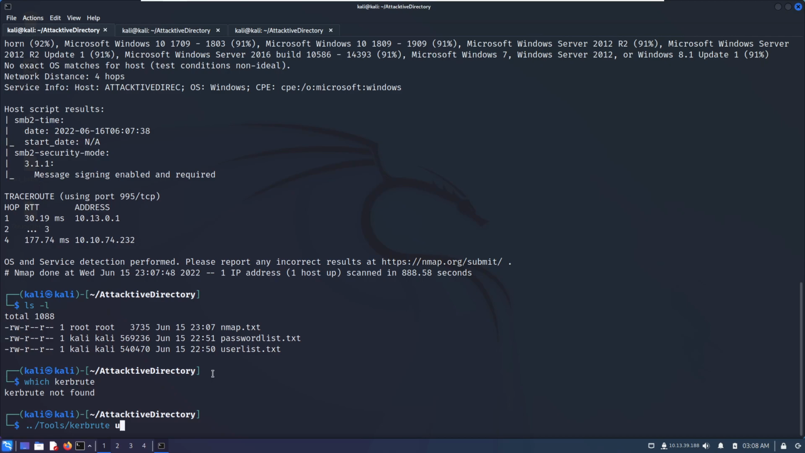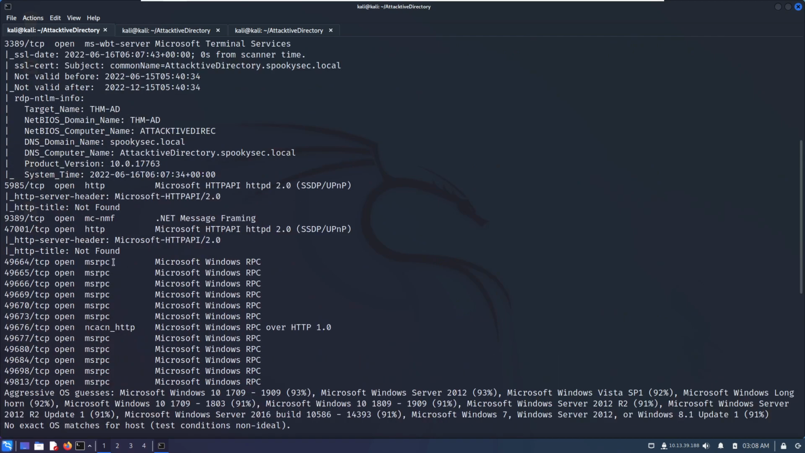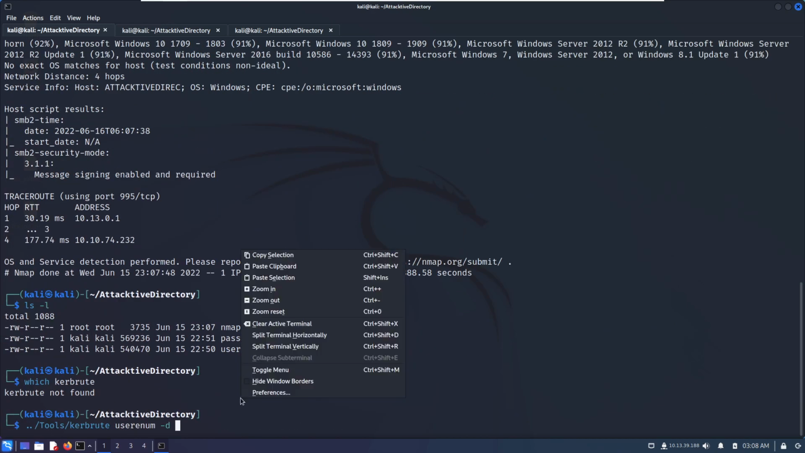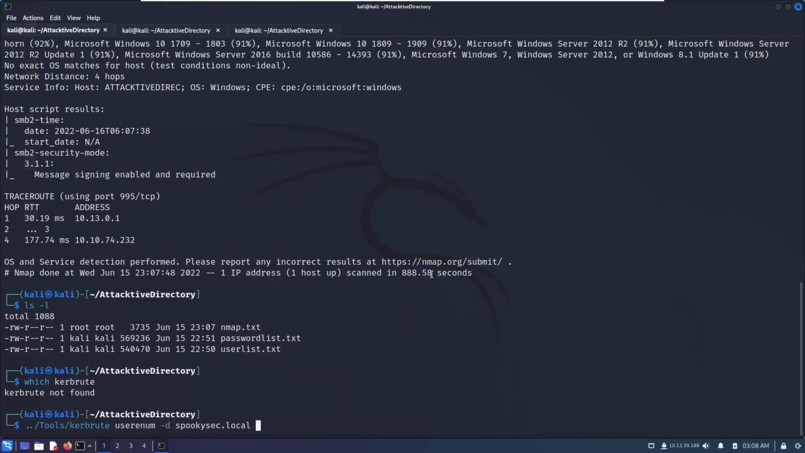So we are going to want to use the userenum option, or argument, to Kerbrute with the -d switch for domain, and then we'll come back up here real quick. I said there was one thing we were going to get from this RDP desktop output, and that is the name of the domain. So we have here the name of the machine, AttacktiveDirectory.spookysec.local, which is the name of the domain. So we need to provide that to Kerbrute, and then